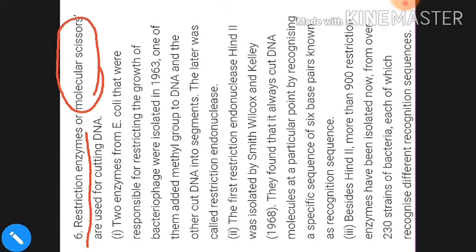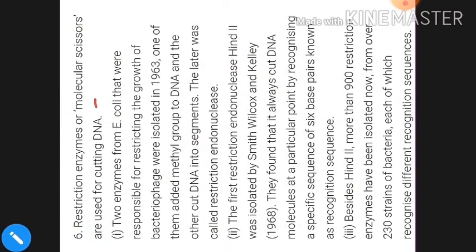Restriction enzymes are those enzymes which cut the DNA at a specific or desired location. They are used to cut DNA in genetic engineering or